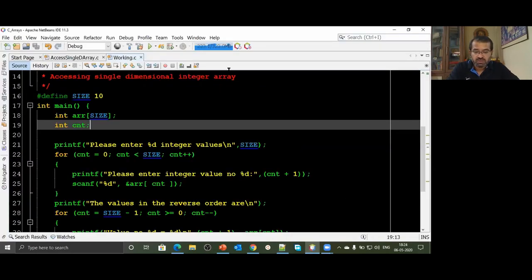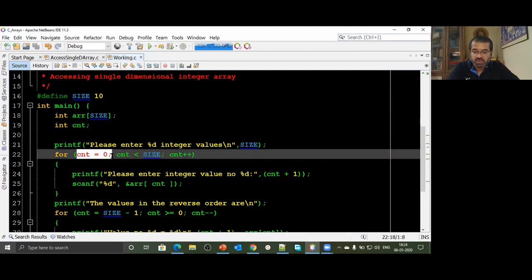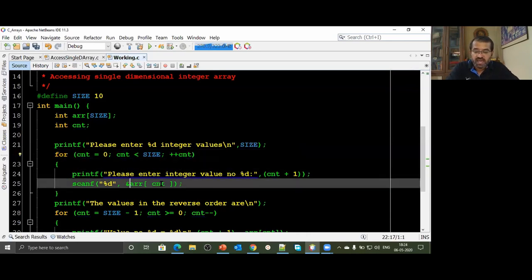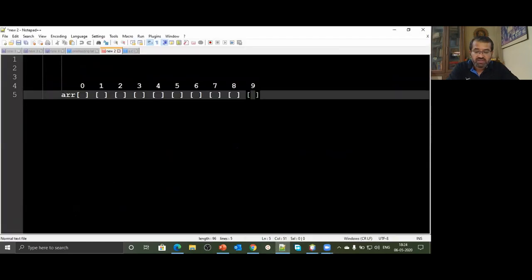I could also use a whiteboard and do that. So let's see. If I say counter equal to 0, counter less than size, plus counter, yeah, counter plus. It doesn't really matter. Plus counter just gives you a bit better performance. So I'll say plus counter. The counter value for the first time is 0. What am I saying? Array of counter. Counter value is 0, so that means array of 0.